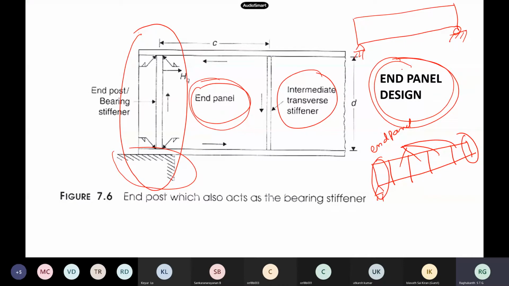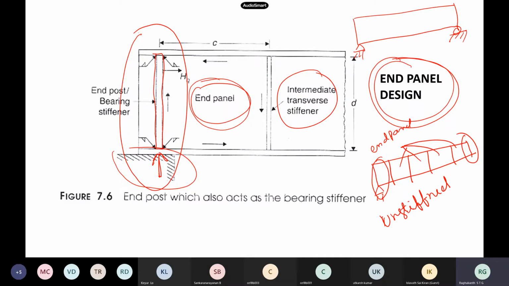Then no need to worry about this end panel design at all, because there are no panels at all, because there are no stiffeners at all. If it is an unstiffened plate girder, that means no longitudinal or transverse stiffeners are there, then no need to worry about this end panel design. Only thing you may have to design is one stiffener at the support. If the plate girder may buckle or whatever, the bearing, we have said buckling, bearing. If the web is not strong enough, because here at the support you will have a support reaction, the concentrated load, then maybe you may have to design a stiffener. Otherwise, there is nothing to do, no need to do any end panel design.